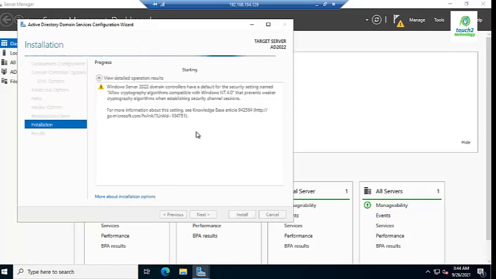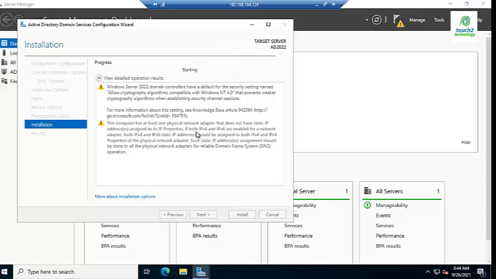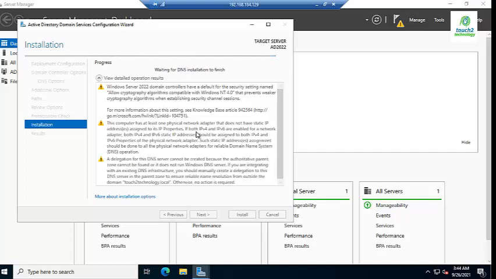That is the final step of Active Directory. The process is still running.